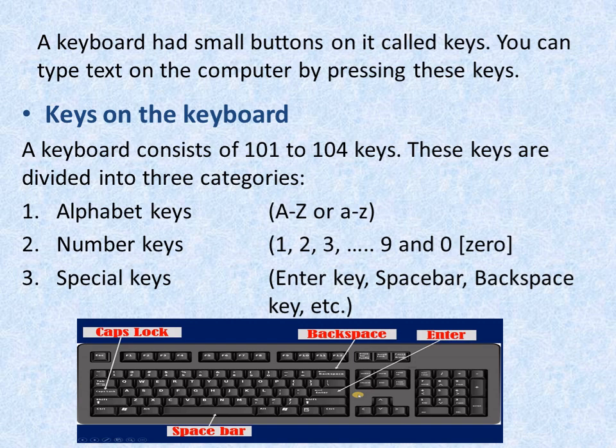You can have a look at this picture. The arrow is marked according to the keys. Caps lock key is on the left side. Then down, the long bar key is called a space bar. Then on the right hand side, on the alphanumeric key row, you can see here the backspace key. Then there are two enter keys, which is on the number side and under the backspace key.